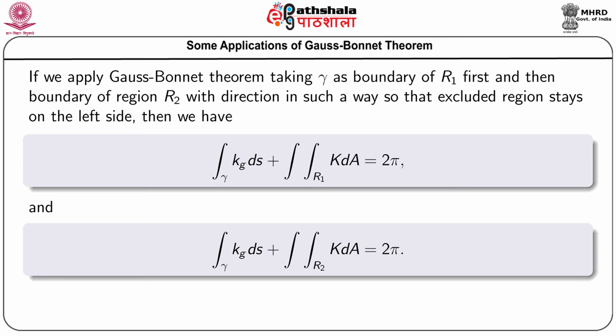But as this one has the opposite direction, this kappa g ds along gamma has a negative implication, and so if we sum these two,